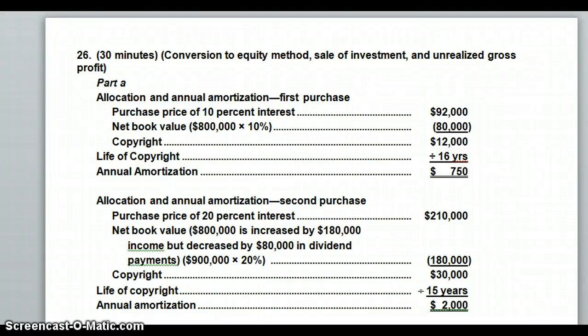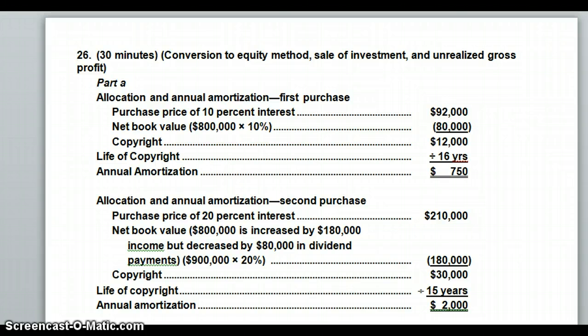Hello, please get the text of problem 26 of chapter 1. I handed out the text of the problem in class, and what I'd like you to do is look at the problem. This problem is one where a company named Anderson acquires first 10% of another company, Behringer, using it